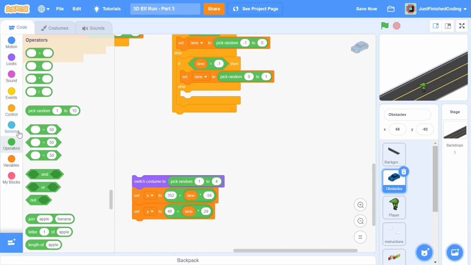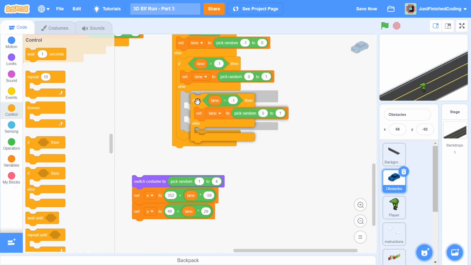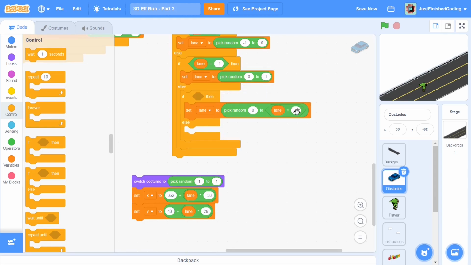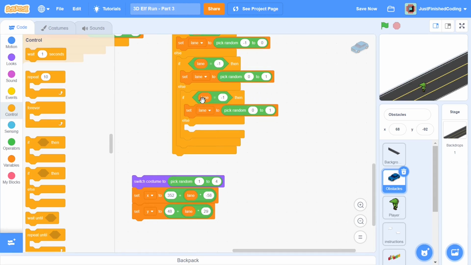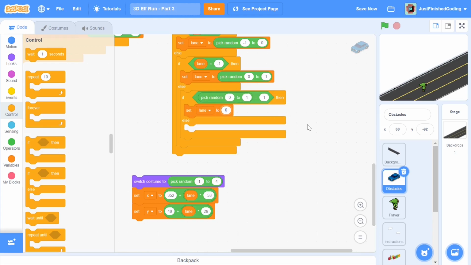So in this case, what I will do is once again have an if else. And in this case, I will say if pick random from 0 to 1 is equal to 1, then I will set the lane to 1. And if this is not the case, I will set the lane to -1.